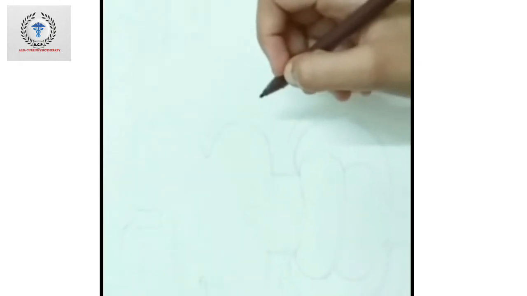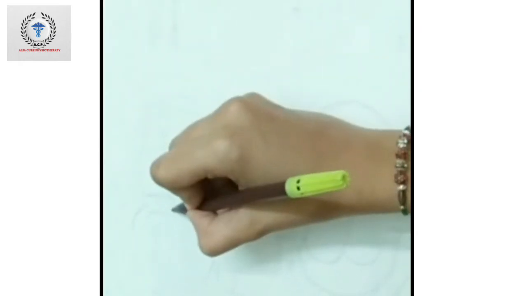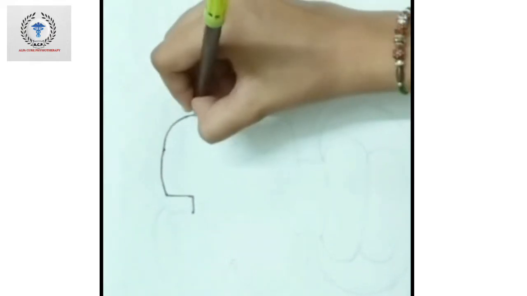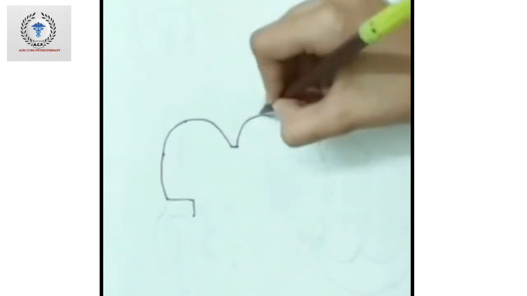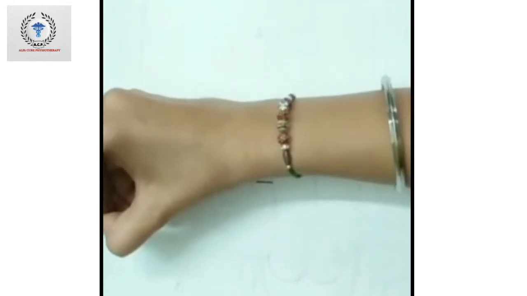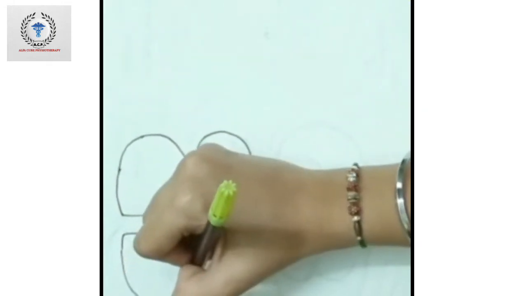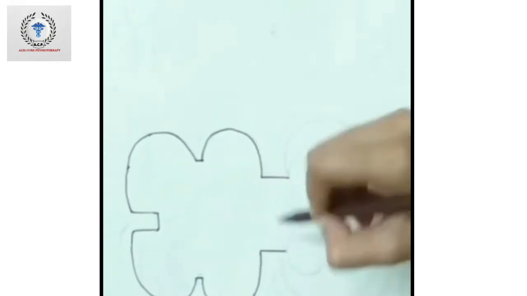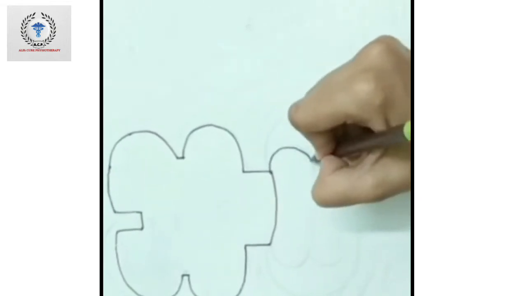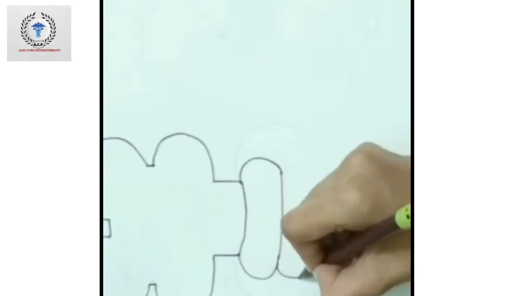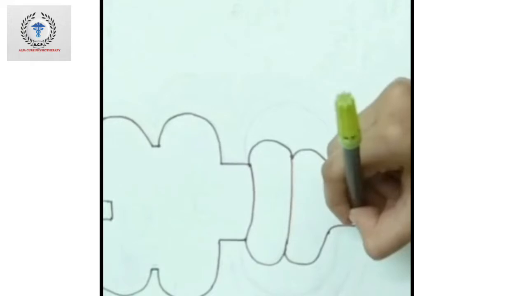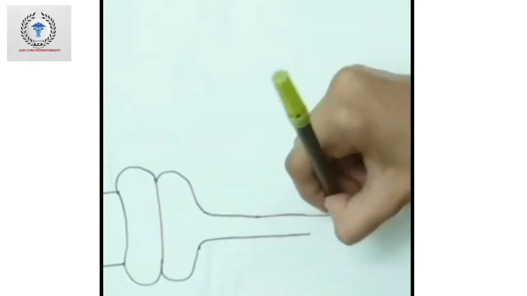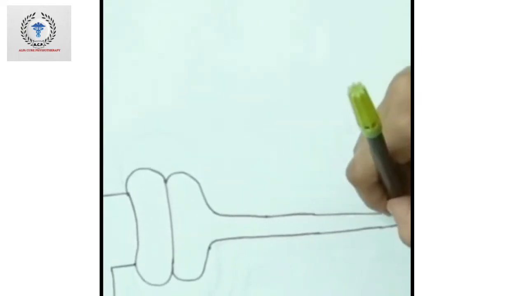Now, let us study the parts of the CNS. Our central nervous system can be cut into 3 planes, that is, horizontal plane, coronal plane, and the sagittal plane. Here I am showing is the coronal section of the central nervous system. Brain weighs about 1.5 kilograms and it floats on the CSF, that is cerebrospinal fluid, without putting its weight on the neck. The structure now I am drawing is the spinal cord. It is about 45 centimeters in an adult male and 42 centimeters in an adult female.